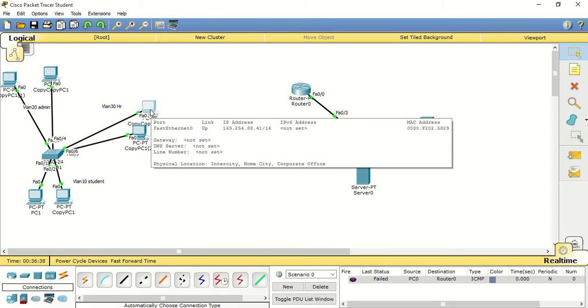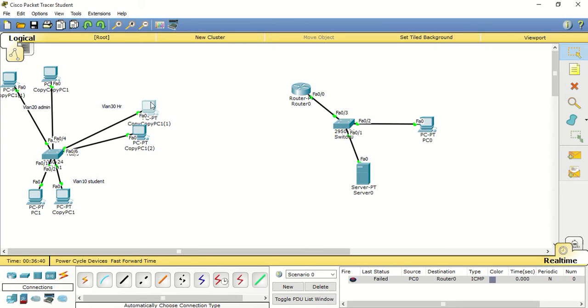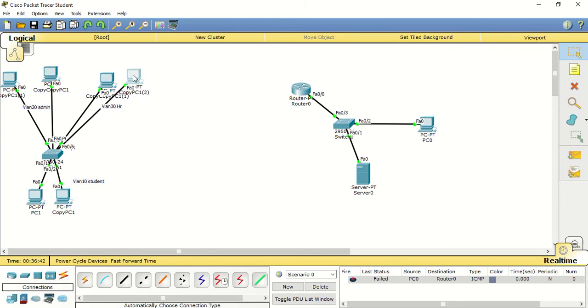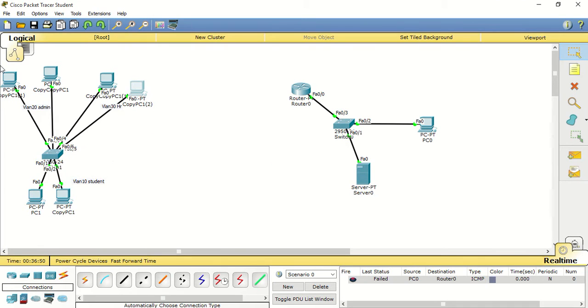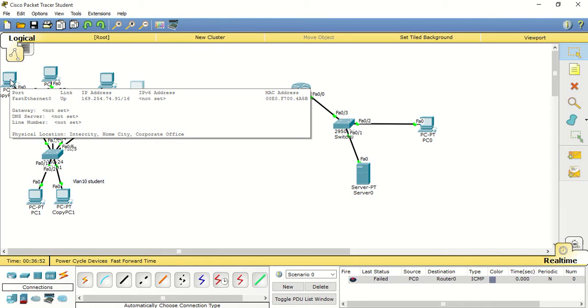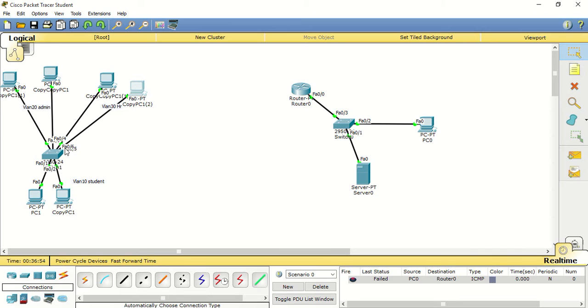Ethernet 0. Unusual one. We go into the port 4, 5 and 6 anyway, I think, yeah, 5 and 6. Yeah, so we're going to here,